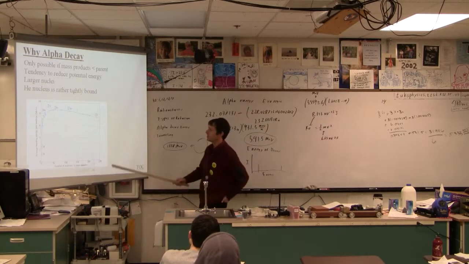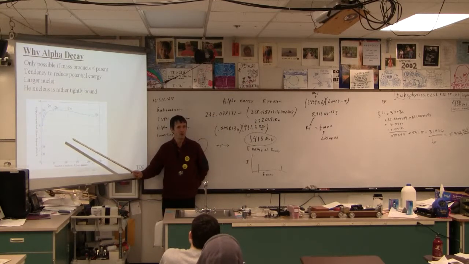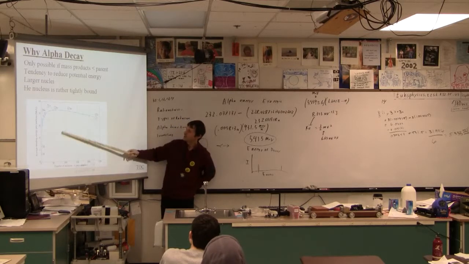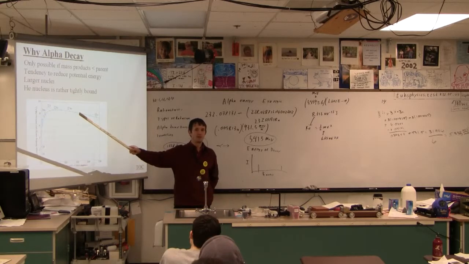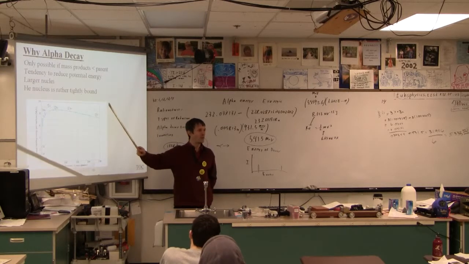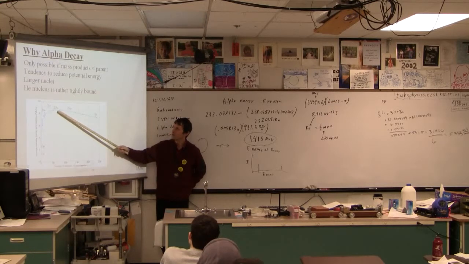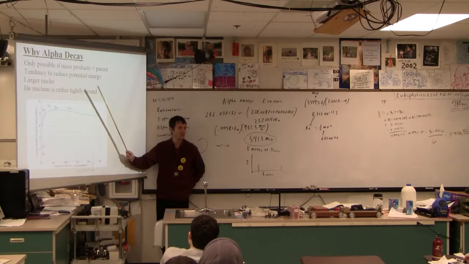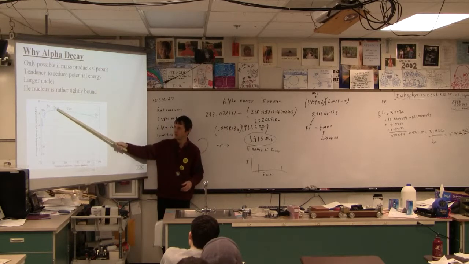Here is a chart, and this is a very interesting chart that all people who want to get energy out of nuclear power look at. This is binding energy per nucleon. So you find the binding energy of the nucleus, you divide by the mass number, and that's what this is, right? Now, what you need to know is that the bigger that number is, the more stable the element is. The bigger that number is, the more energy per nucleon you need to put in to tear it apart.